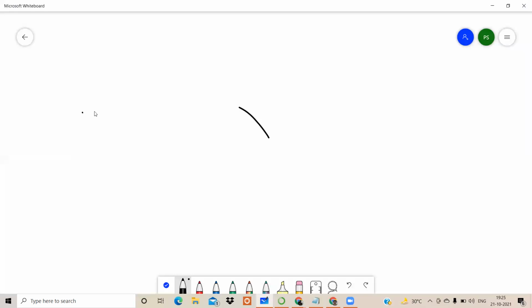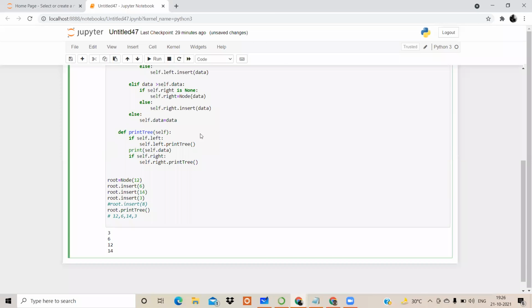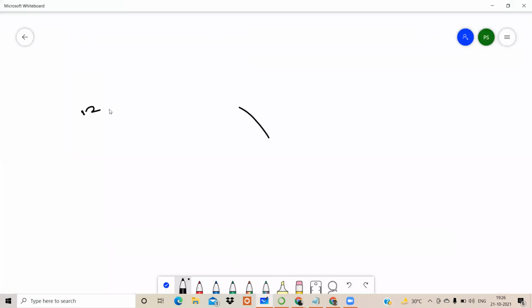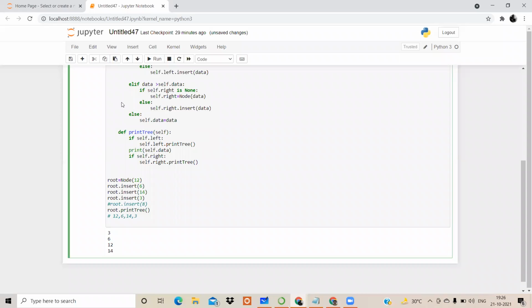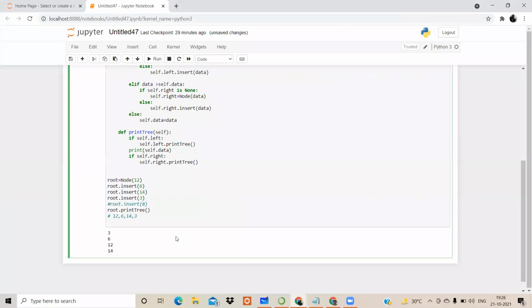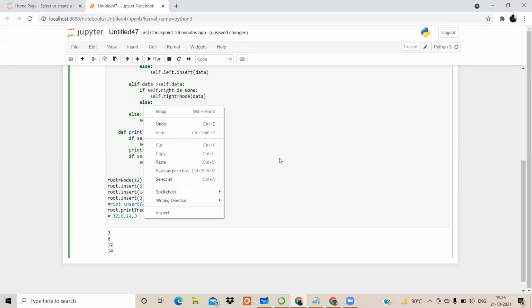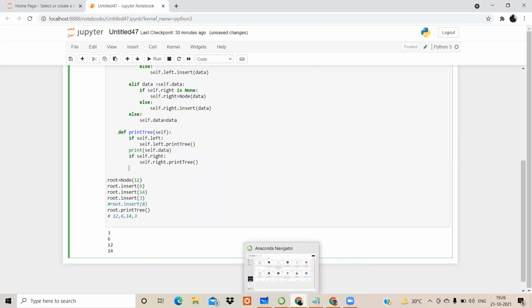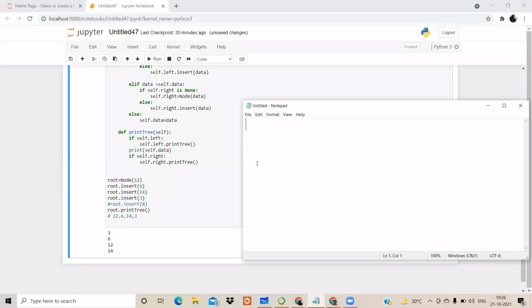The values were 12, 6, 14 and 3, where 12 is the root node. Okay, fine. So I think I got it.